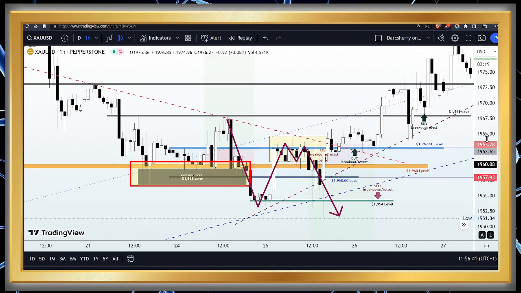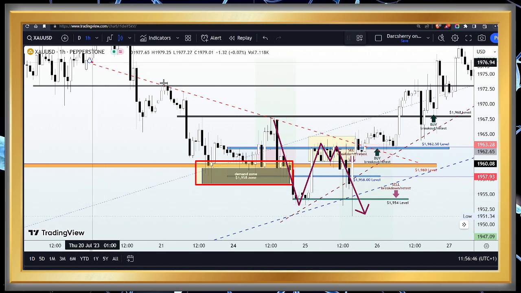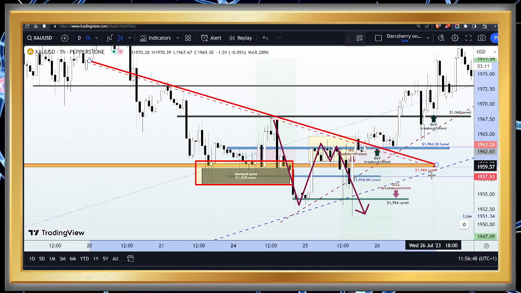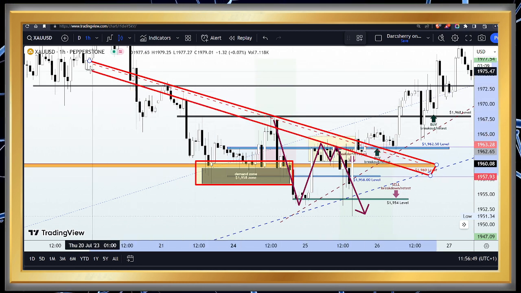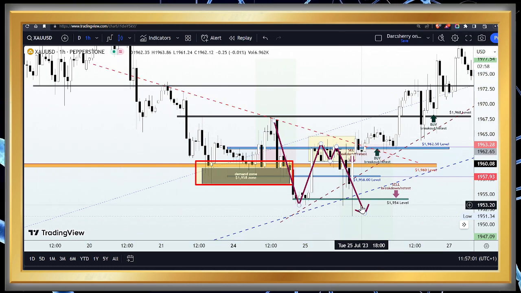Then in addition to that sell window, we also had this descending trend line, which of course we said price remaining below will make us feel comfortable in our sell position, and that if price breaks out of that descending trend line, at that point we will start considering buying the XAUUSD.